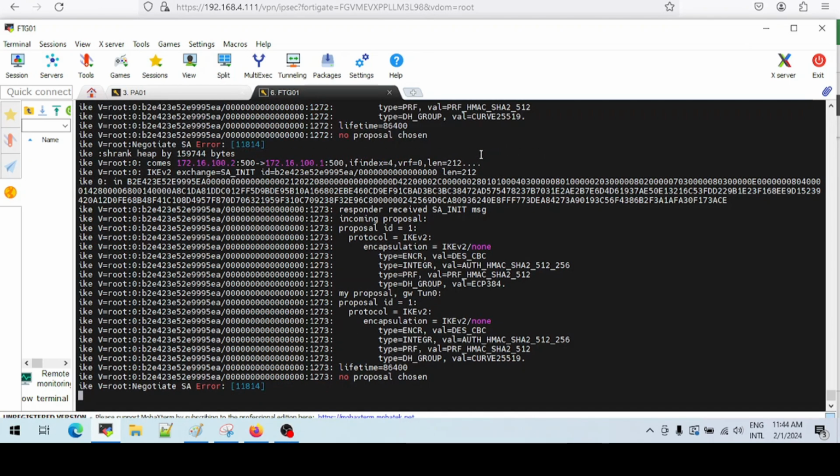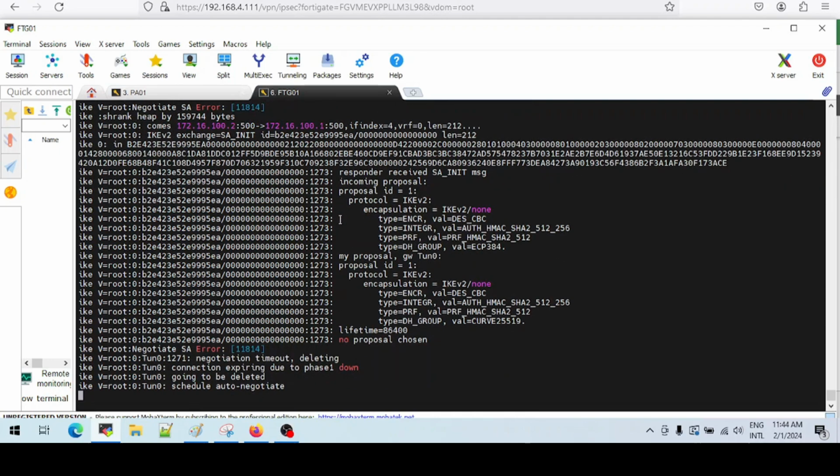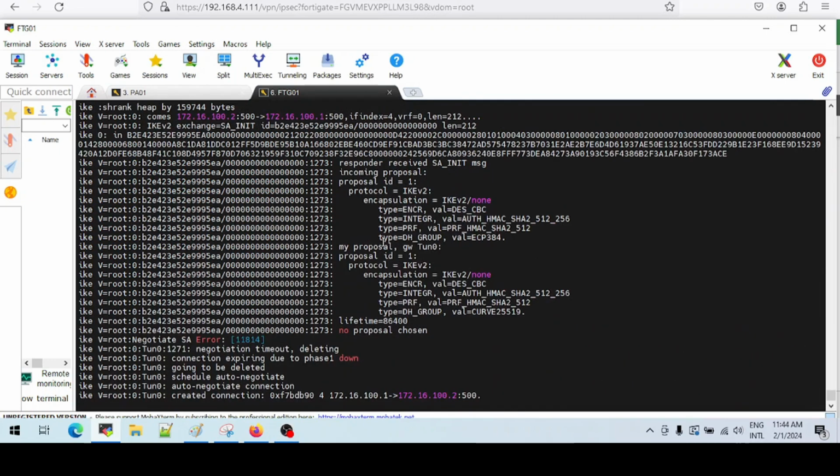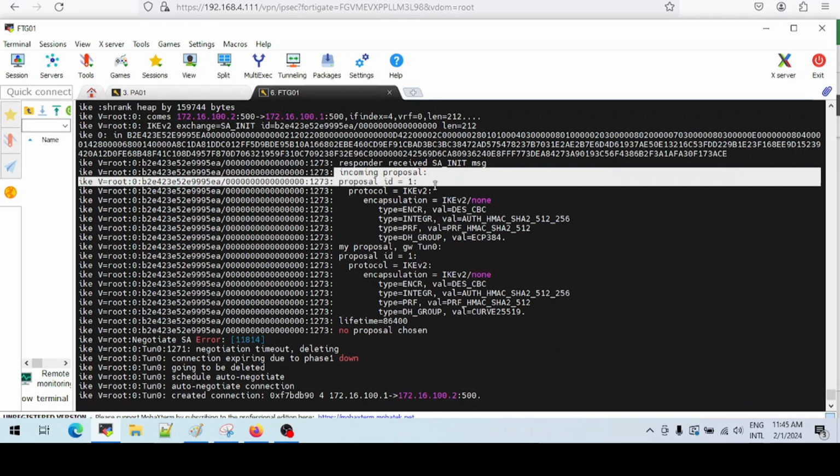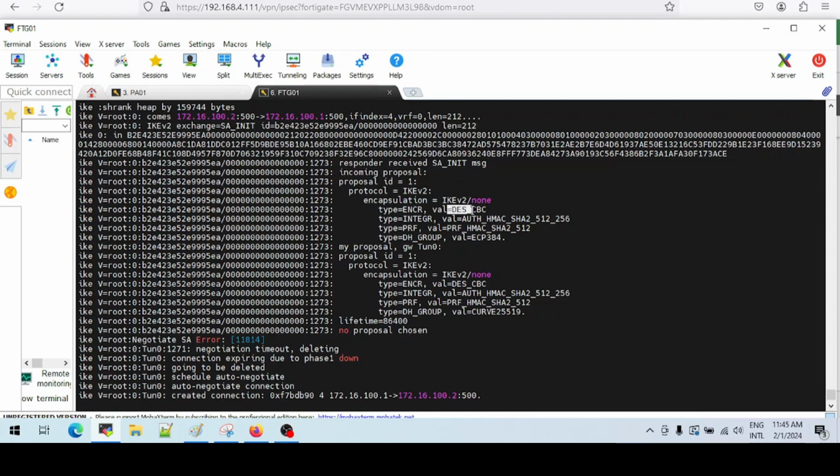Okay, so we are seeing some output now, and once again we're seeing parameters, the IKE messages from the remote side incoming proposal, and when we go through the config parameters, we can see that they have DES and we have DES, and the Diffie-Hellman group is ECP384 and our Diffie-Hellman group is curve 25519.